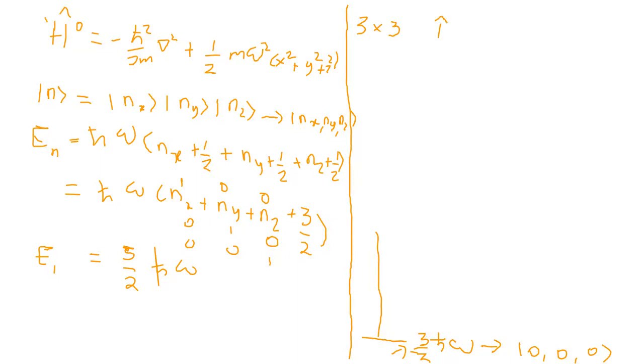So I call the first vector 1, 0, 0, the second vector 0, 1, 0, and the third vector 0, 0, 1. And you have to form a 3 by 3 matrix. So for example,